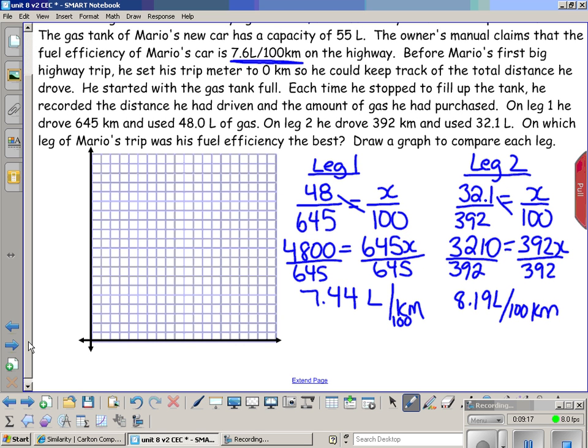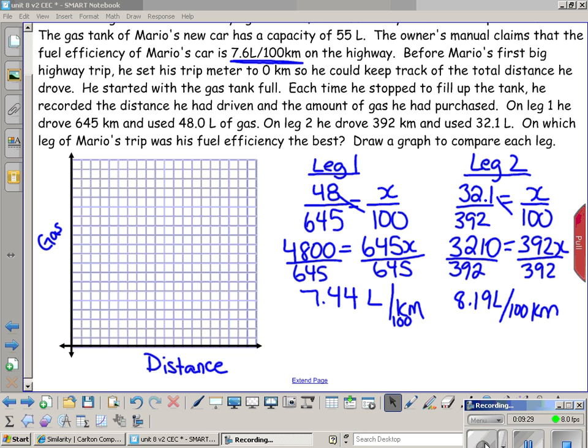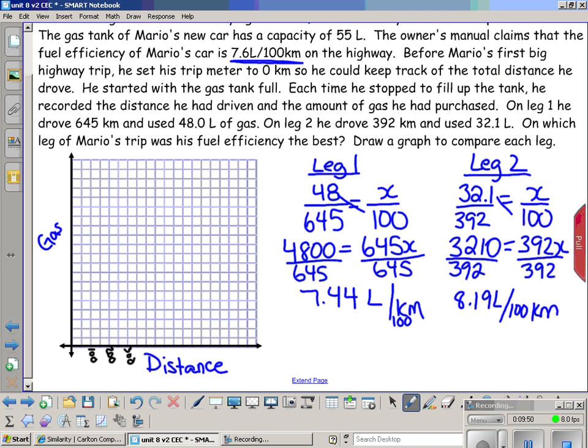Now it also asks us to draw a graph to compare these. So we've got the distance and we've got the amount of gas that is being used. What we need to do is choose an appropriate scale. The furthest he goes is 645 kilometers, so I could choose to use each scale as 50 kilometers. So here would be 100, 200, 300, 400, 500,